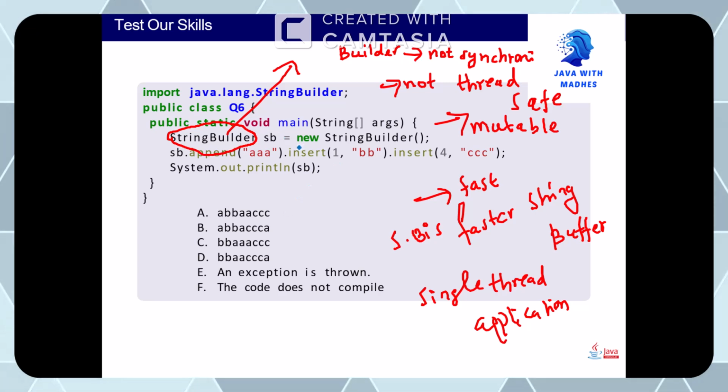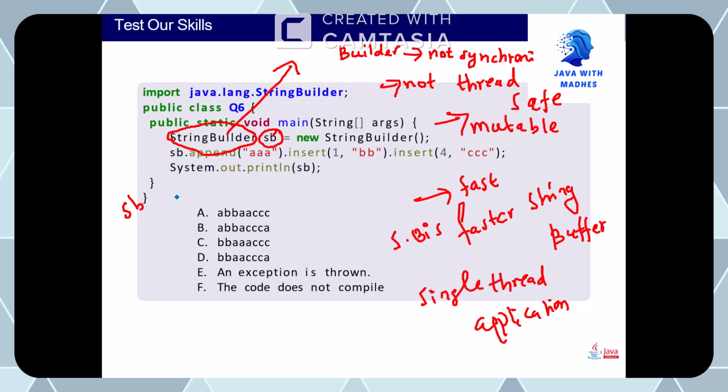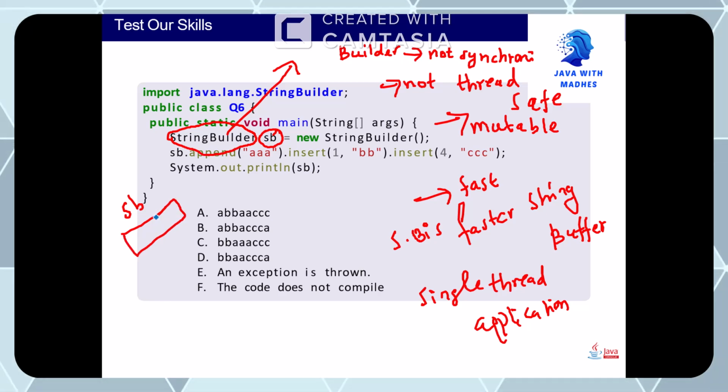Now we will get into the question. We are creating a string builder object SB. Yes, we have created it. Nothing, an empty string we have created. Fine. Then I am appending A, right? 3 A's we are appending. Then